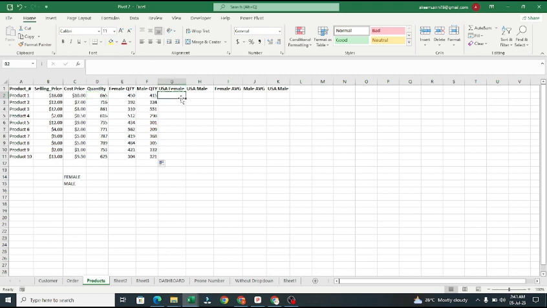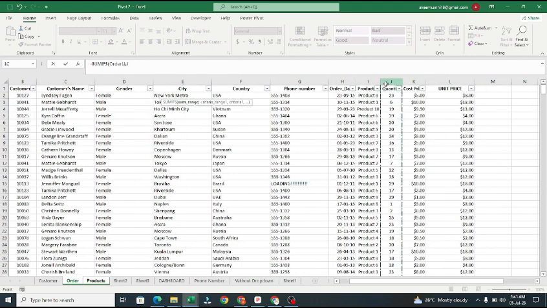Now let's see the total quantity for USA female. They have to be female and they have to come from USA. So we are just going to say equals SUMIFS. My sum range is going to be the quantity, so I'll choose quantity, comma. Now let's start with the country first. If you like, you can start with the product, it doesn't matter. Then I'll choose my criteria range 1 as the country, comma. Then our criteria is going to be